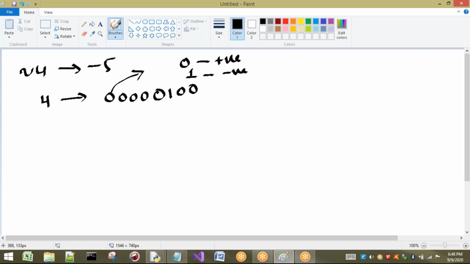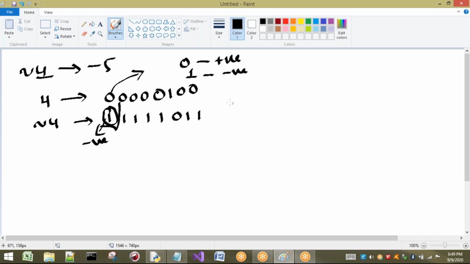So in this way I have to perform. Now I have to negate that one, that means complement that one. Complement of 4 means zeros will be converted into 1s. Okay, so now it is the negation of 4, the complement of 4. Complement means all bits will be converted, zeros to ones and ones to zeros. This is the value. So a positive value becomes negative. Remember, listen carefully.